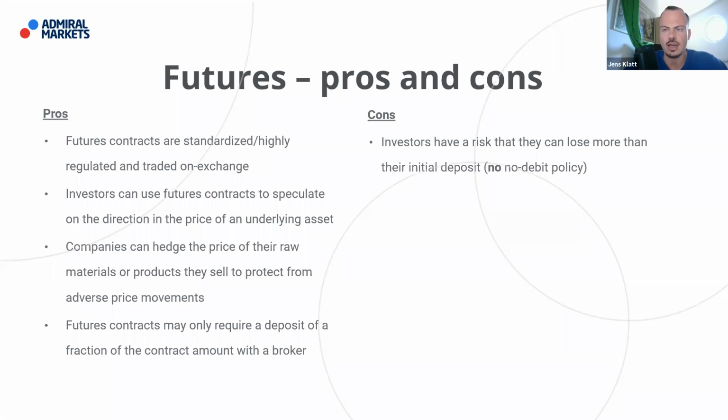So if there's a move like, let's say, the SNB taking away the peg of 120, we're talking about Forex here, which makes it a little difficult because usually Forex is traded OTC and not via standard contract like a futures contract. But this gives a very good explanation of how this could happen. Just imagine you have a position over an overnight gap, or over the weekend, a weekend gap. Whatever event happens over the weekend, your position in the DAX opens at a very unfavorable price, which wipes out your complete account.